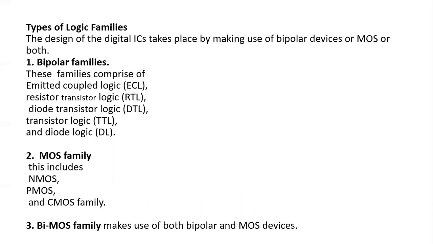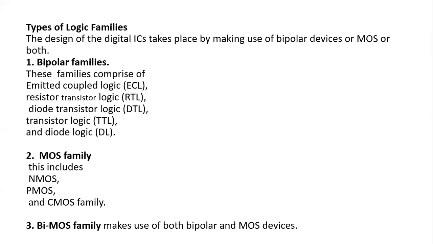Now, these ICs have been created to get that particular operation as an output, and there are various ways that they are designed. First, we are studying bipolar families, where we are going to use emitter, resistors, then diodes, then transistors. When we use such bipolar components, where the current can flow from both directions, bi and polar meaning both carriers can be used for the current, we call it a bipolar family. We have seen the examples here: ECL, then RTL, then DTL, TTL, and then DL.